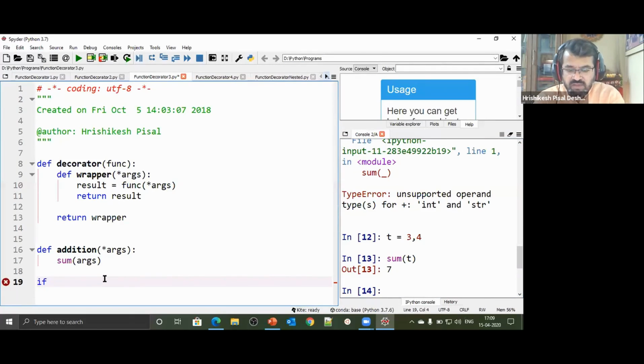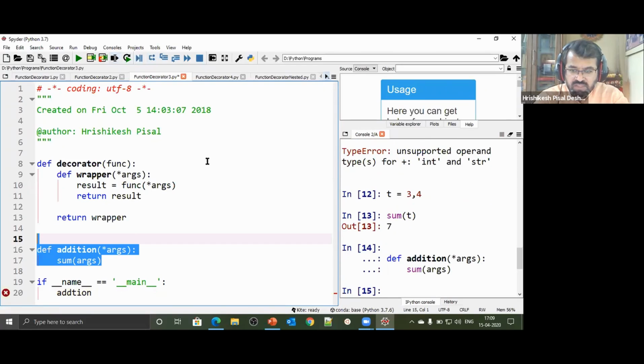So if I say if underscore name underscore equal to underscore main underscore, now here we start. We say addition. I'm going to decorate this one. Normally, when I create this function, it's going to return the result.